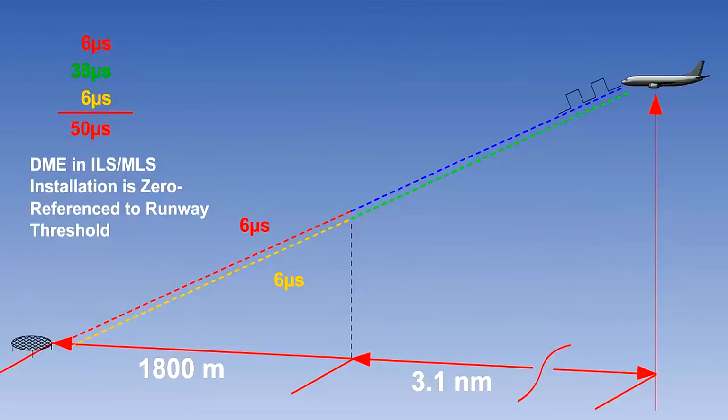When DME is paired with ILS, the transponder is adjusted to give range to the threshold. This is achieved by reducing the time delay at the transponder so that the time taken for the interrogation pulse to travel from the threshold to the station and the response back to the threshold, and the delay, total 50 microseconds. This would be the time taken if the equipment were at the threshold. However, the range is not valid if measured from any other direction.